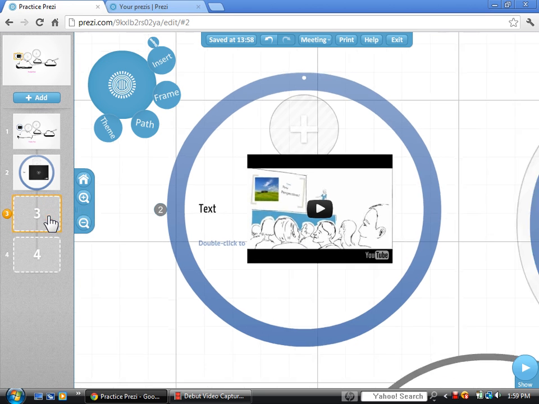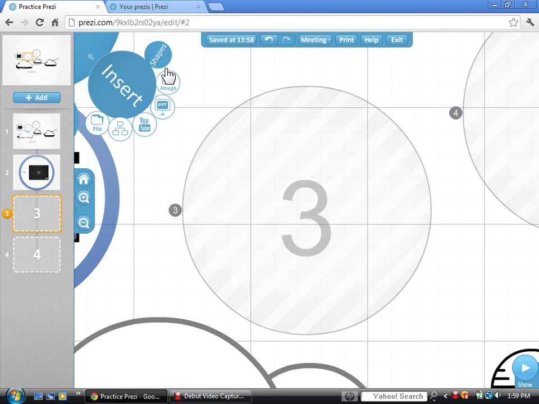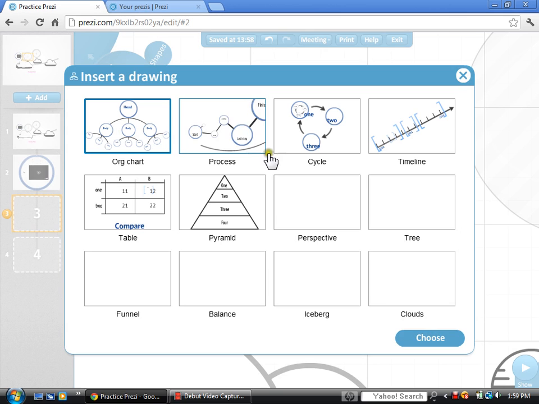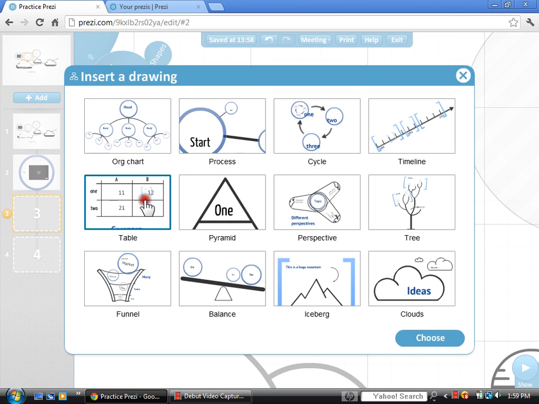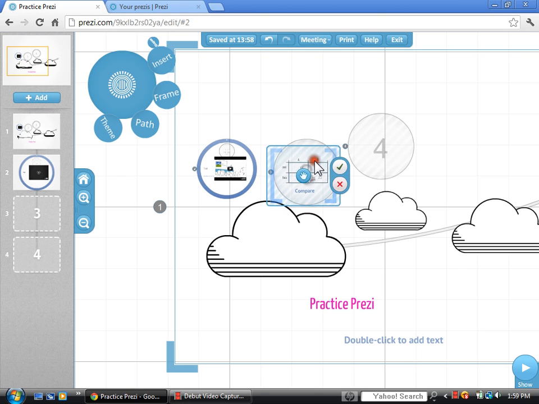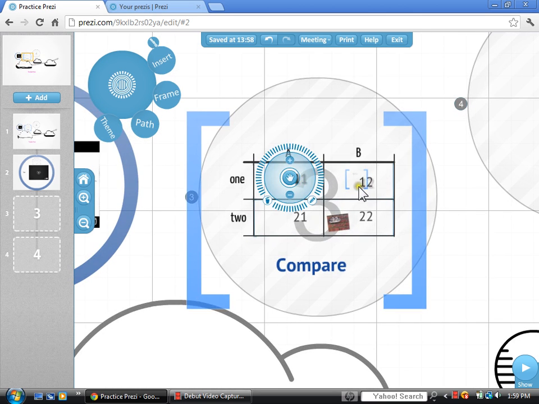I'm going to go to slide 3, or form 3. Go to insert, and I can also insert an organizational chart. So maybe I'm trying to compare information. If I use a table here to classify information, and here's my table, and I just have to move it into Prezi, and I'm just going to hit check, and then there it is.